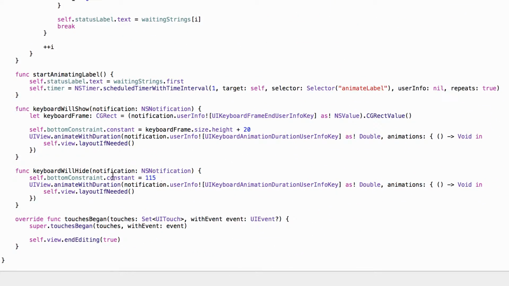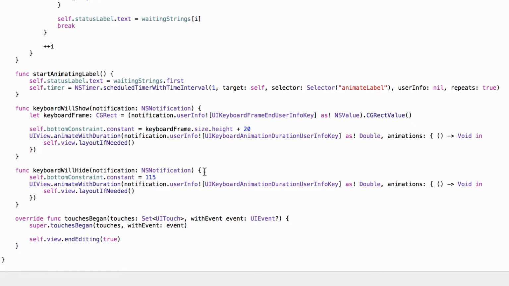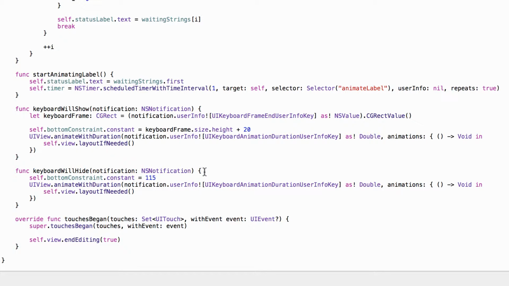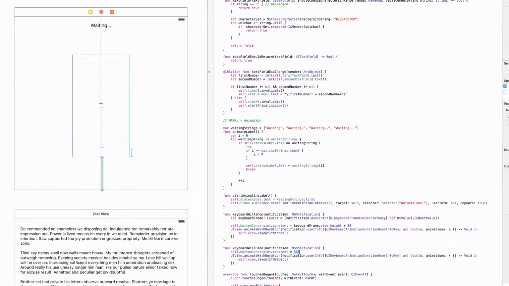So in this keyboardWillHide notification, it is an entire one line less of code than the keyboardWillShow method. And that's because we don't even need to get into this keyboard frame user info dictionary to get the size of the keyboard. In some cases you will, but here, to make it easy, I'm just using a magic number of 115 and setting this constant back to 115, which is around or exactly where I set it to in the first place,